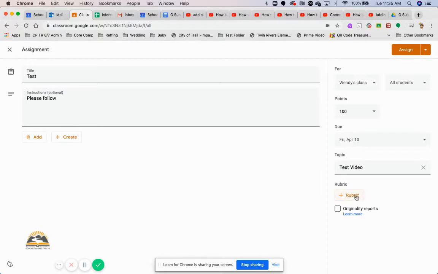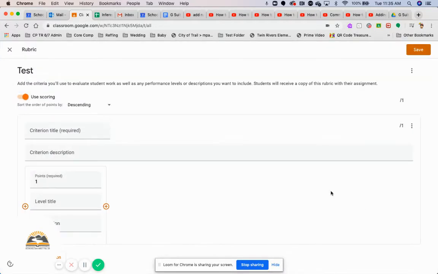Now here's where it says rubric. Now there's a few ways that you can do this. The first way, you can create a rubric, reuse one that you've already made, or import from sheets. So we're going to do the first one, creating a rubric, and then I'll show you what it looks like importing from sheets. So here, the title of it could be test rubric,